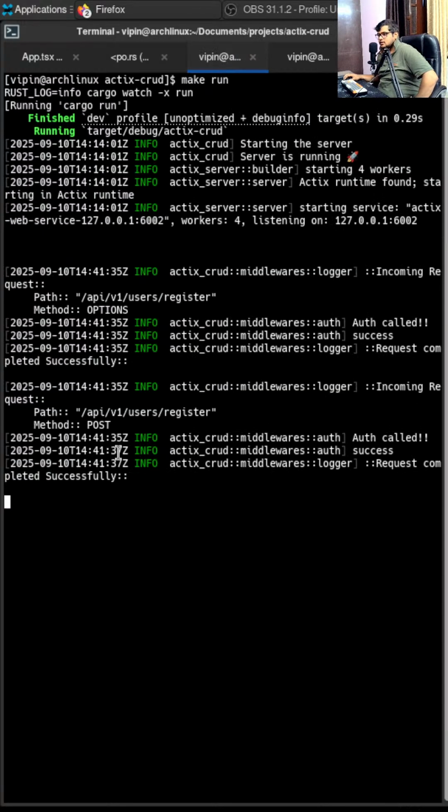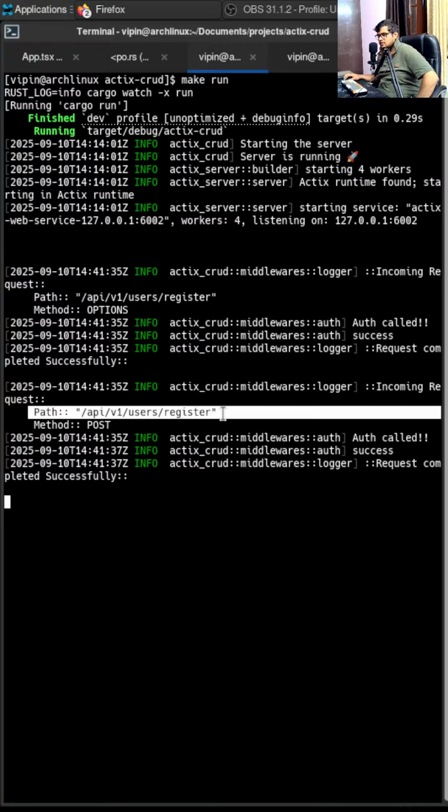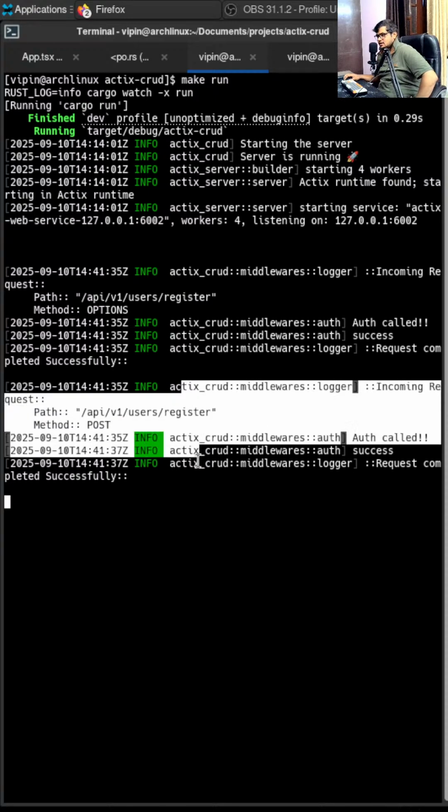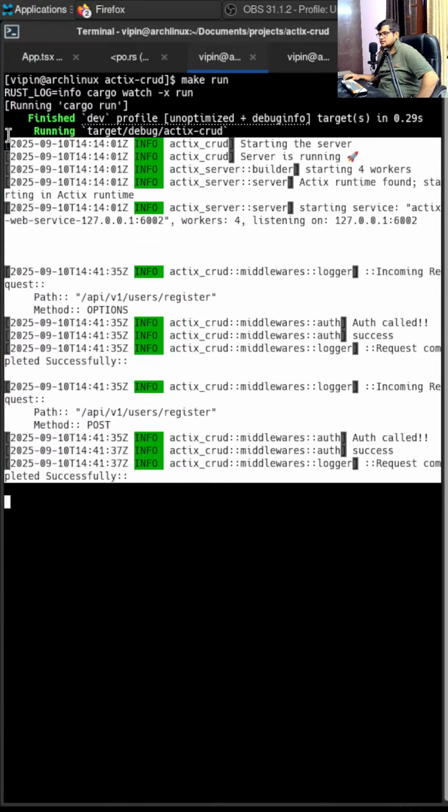Okay, alright, request completed successfully, auth code, and we have a login logging middleware also working here. As you can see, I can see the path, the method. Alright, so